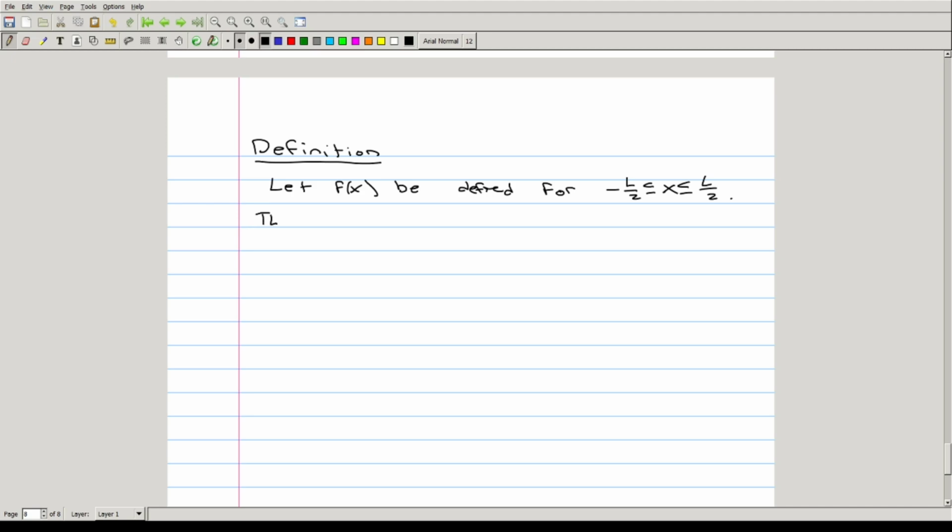Then the Fourier series of the function f of x is the trigonometric series